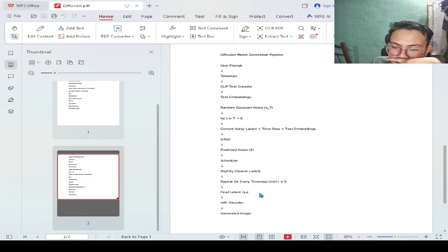And that's it. That's how modern image generation was built. So from the training, we train the network to predict the noise from the image gradually.